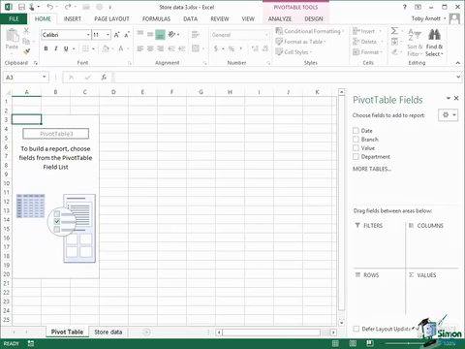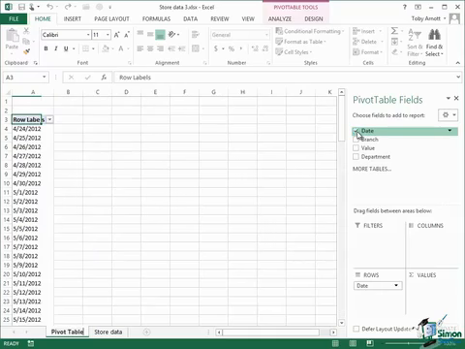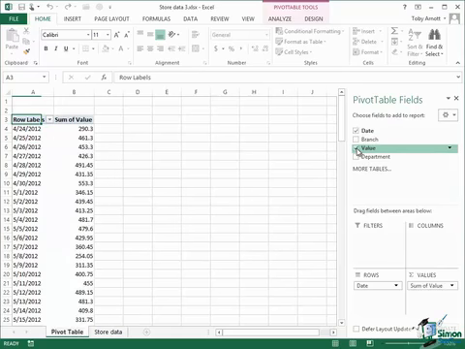Some things happen by default. If, for example, you select a date type field, it will automatically be added to the rows drop zone. So let me just select date there. Automatically goes into that zone. Similarly, if I check a numeric field like value here, that's automatically added to the values drop zone and becomes a sum of values. The assumption being that in doing this pivot table analysis, you're looking at totals from a